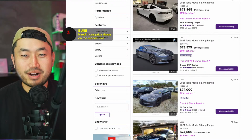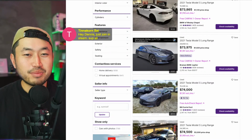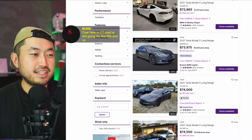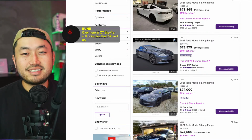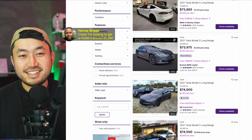Boom, need the prices to drop on the Model S. Exactly. Sai, welcome to the stream. Thanks for joining in. Boone, over here in Connecticut, they're still going for like 85K and up. Yeah, sometimes you've got to travel for the deal. I always spread my radius out when I'm shopping for a used car, at least 500 miles, maybe even 1,000, because that's where you have to travel for the deal. That's for sure. Crazy. I'm looking to get a Model